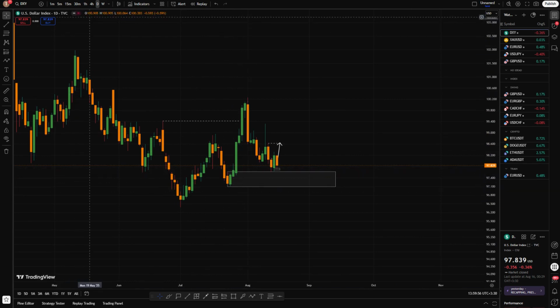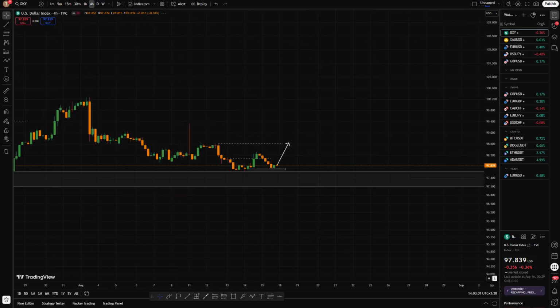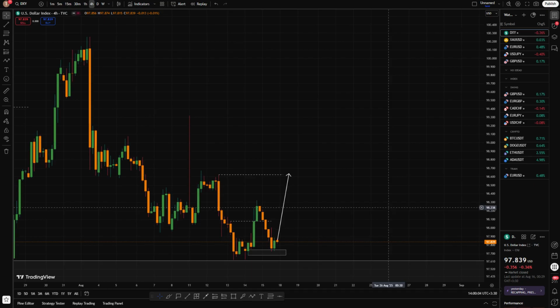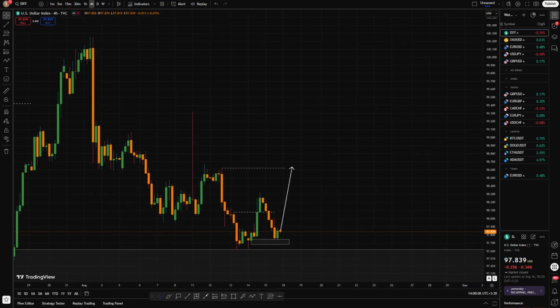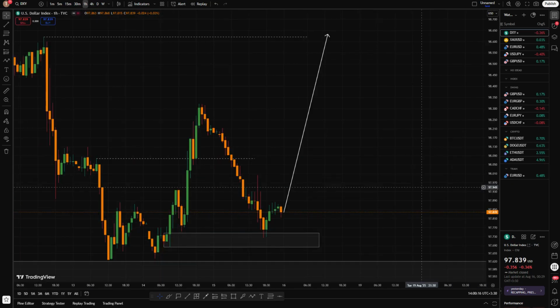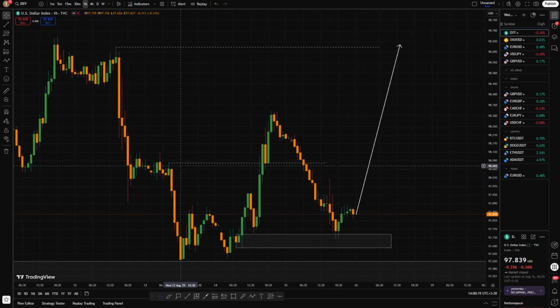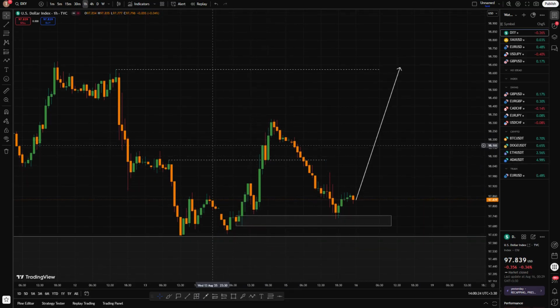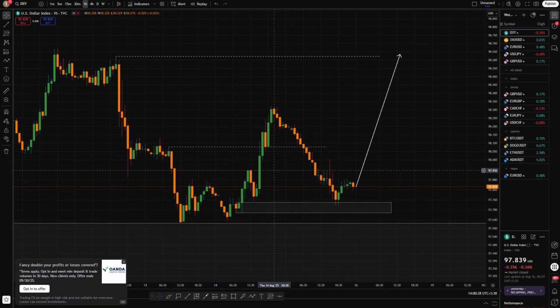So, we are in that order block. We are going to 4H right now to see the CHoCH. If we have a CHoCH, we can buy in that 4H. So we don't see any CHoCH here, so we are going to 1 hour. And in 1 hour, as we can see, this is the last high of our downtrend. So we have closed above it, so we have the CHoCH, so we can open buy position in the interesting